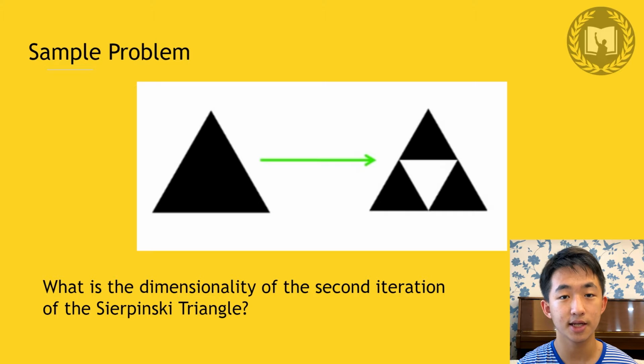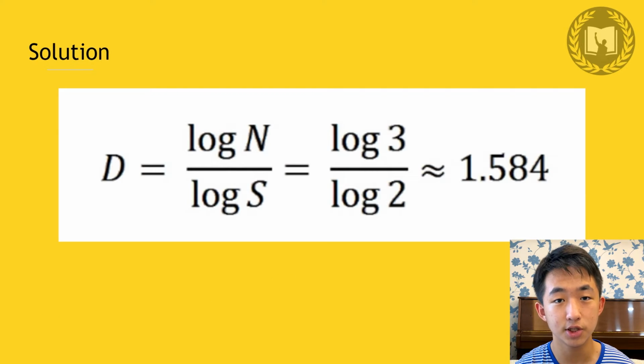As seen here in the second iteration of the Sierpinski triangle, there are 3 black triangles, which are the self-similar patterns that are smaller and create the new pattern. Therefore, n in this case will be 3, because the original pattern is a black triangle. Therefore, we are not counting the white triangle in the middle of the second iteration. This is why n is 3 instead of 4. And since we are on the second iteration, s would be 2. Therefore, the solution to this problem is dimensionality equals log 3 over log 2, which is approximately